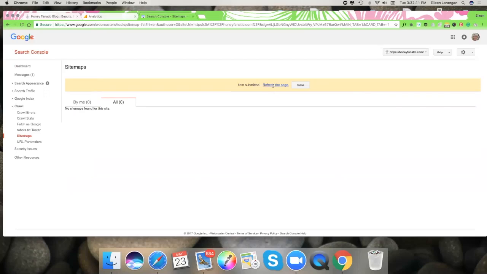And that's been submitted. Now that's going to take a little while. It can take up to a week, maybe two or three even, for Google to recognize that it's got a new sitemap in there before it crawls it. But because we're connected to analytics, it's not going to make too much difference as far as data is concerned. So if you just close that down,